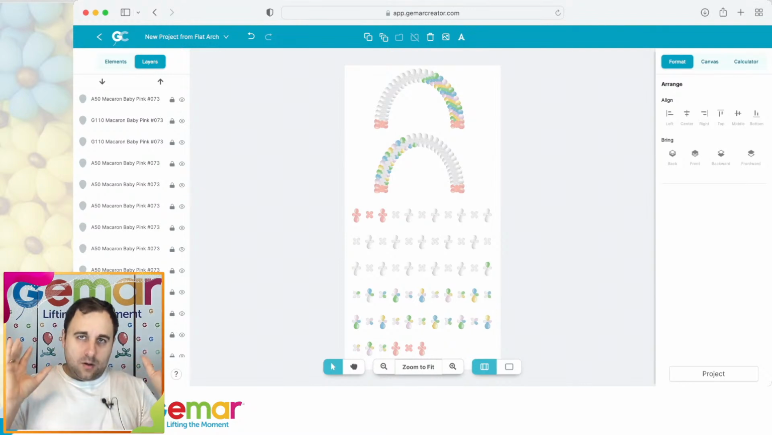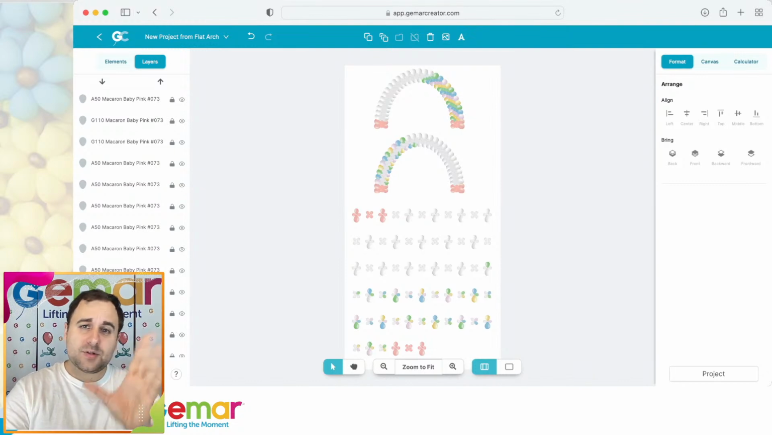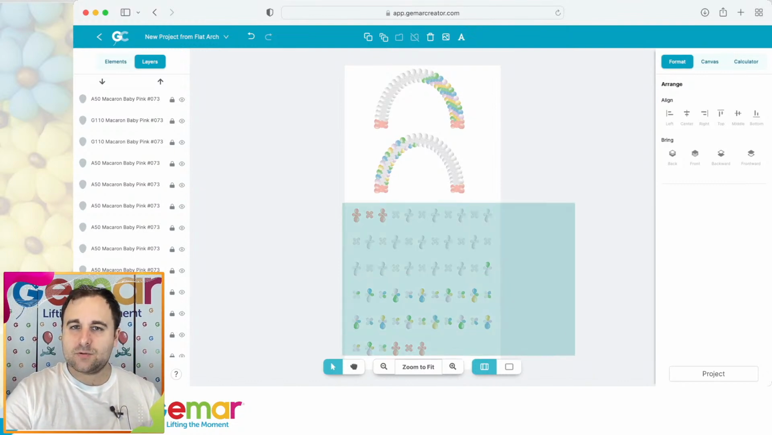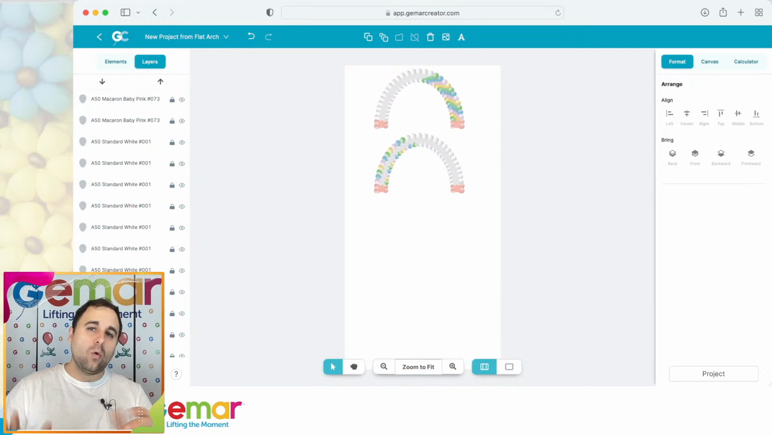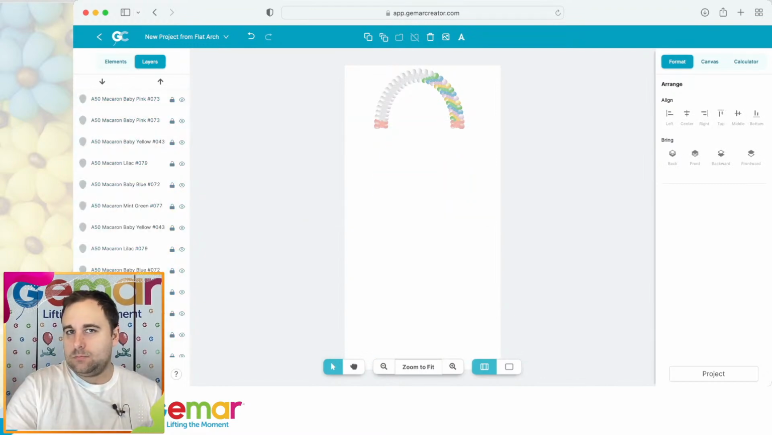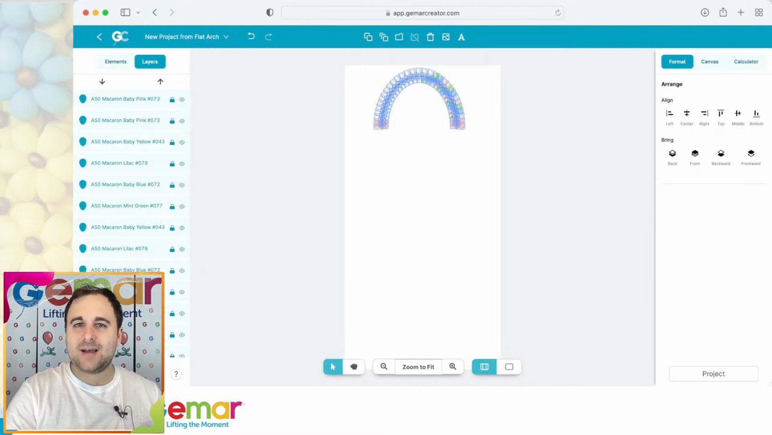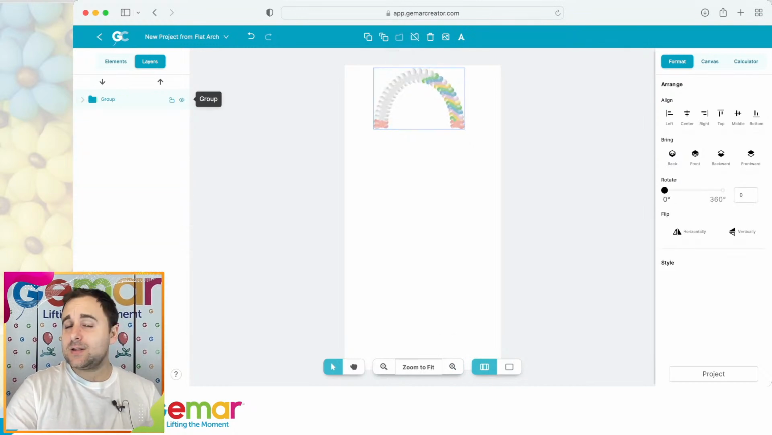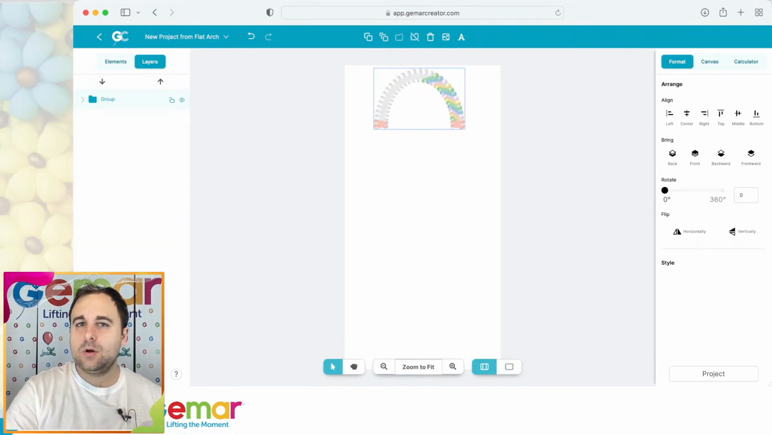So you have the first step, okay? The first step is creating this, but right now we can delete all the unwanted balloons. Of course, we don't need the back side, and we have the arch. Let's just group it, okay? And as you can see, we have only one layer right now,